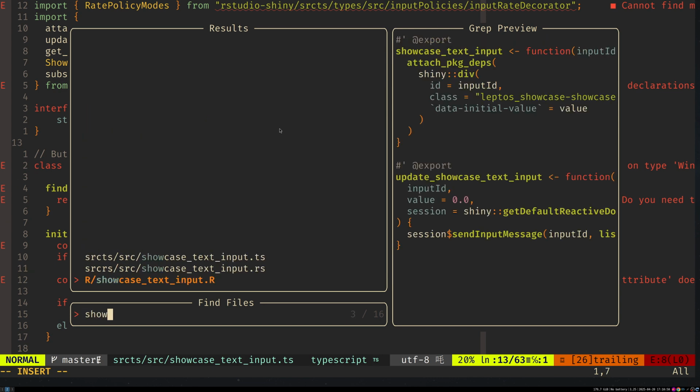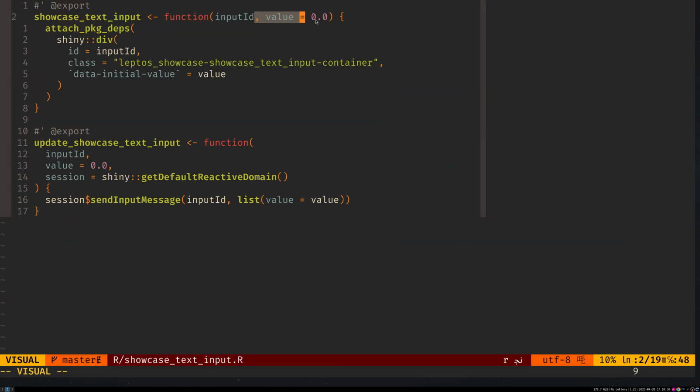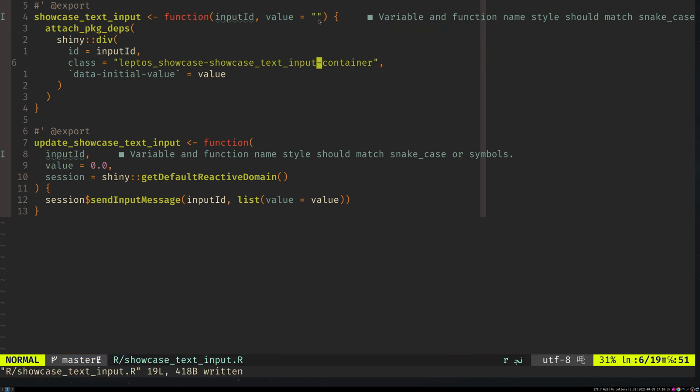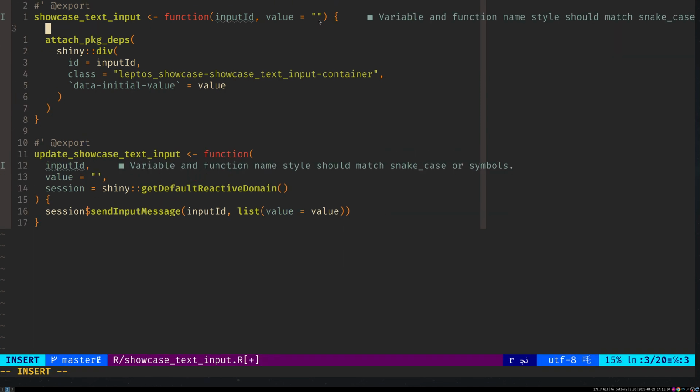Now we can move onto the R side of things. Here, value wouldn't really be a double. It should really be a string. And same on the update showcase text input. It should really be a string. And in this case, it would be good if we add